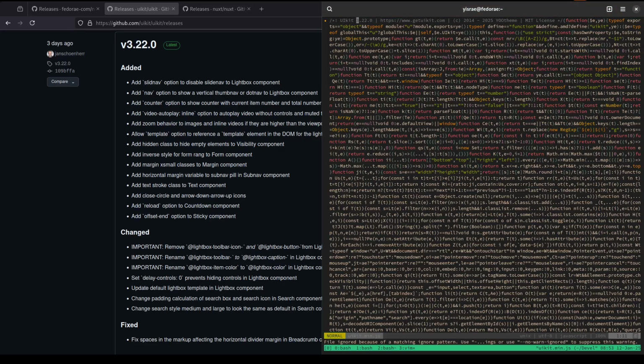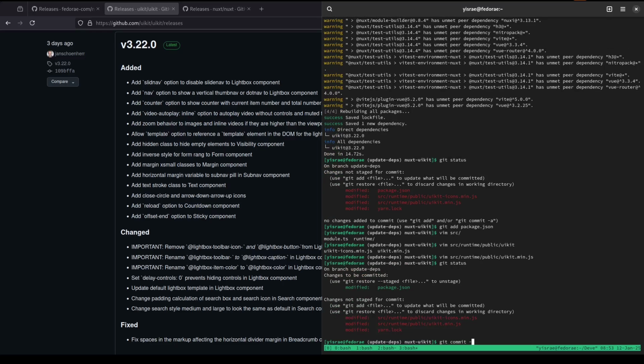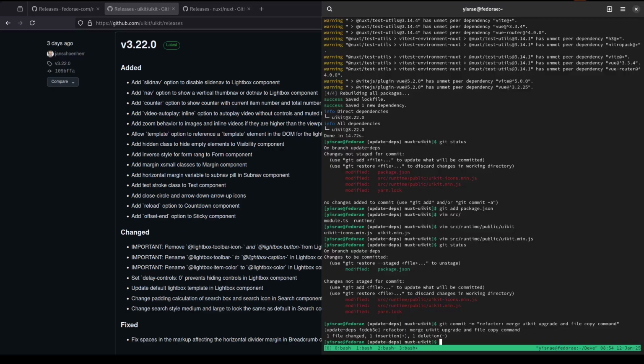So this is 3.2.0, which is the correct one. So now we know that doing it in just one command is pretty much faster than what we usually do. We've already added it, so we can just go ahead and commit. I think that should be good enough. All right, and then from here we can go ahead and just add the rest of these,